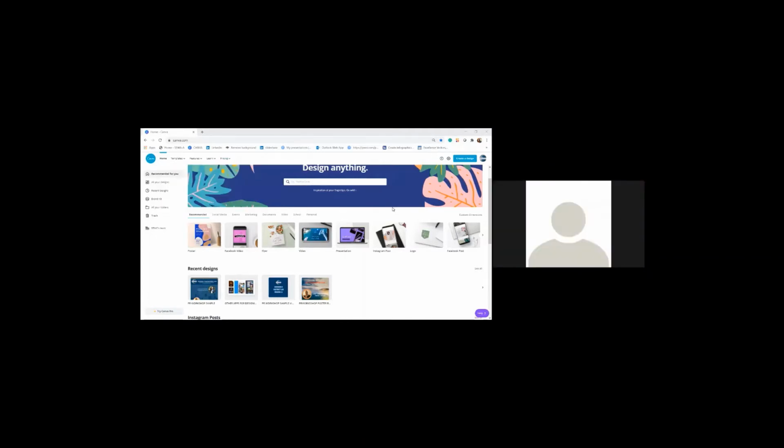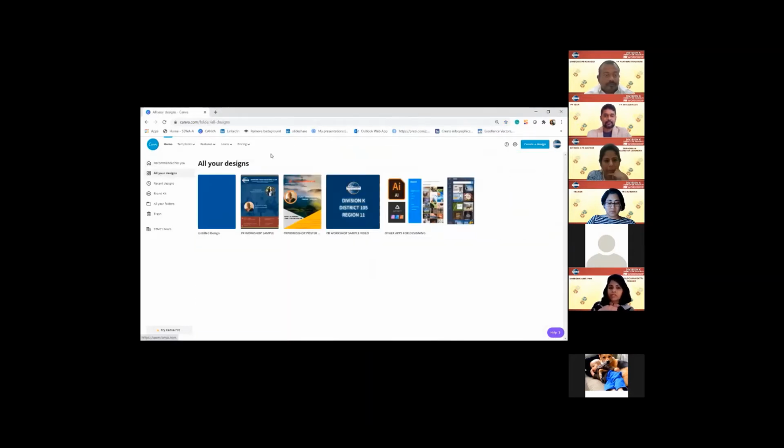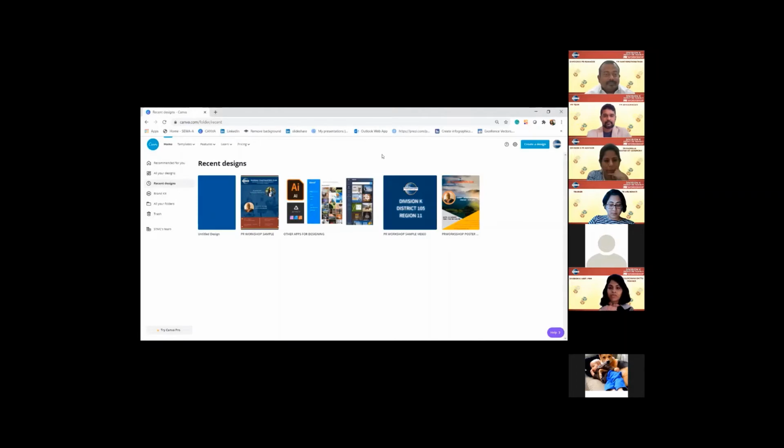Thank you. So once we log on to the home page, this is the landing page. You would see several features and inbuilt templates. The first thing you see on the left-hand side is recommended for you. That is these posters in different dimensions. These are the inbuilt dimensions with inbuilt designs, which you can use later on, I would show. And next comes all your designs. When you create your designs, this is where all your designs will be saved. Recent designs, this is where when you start making a design, it goes and saves here.